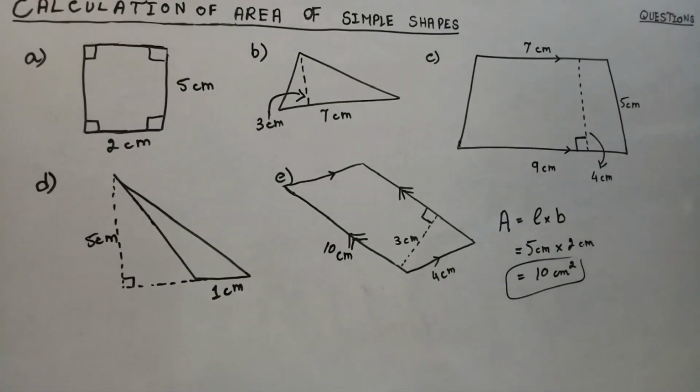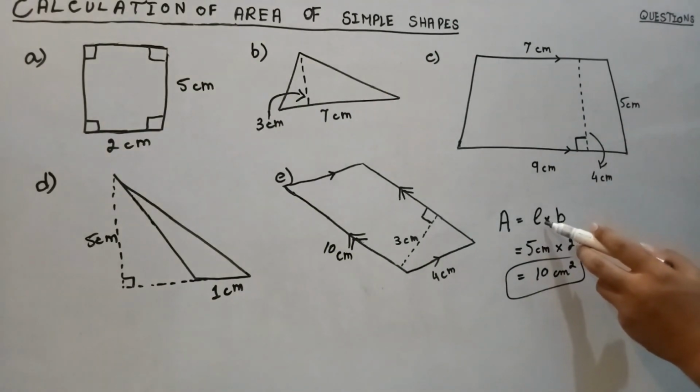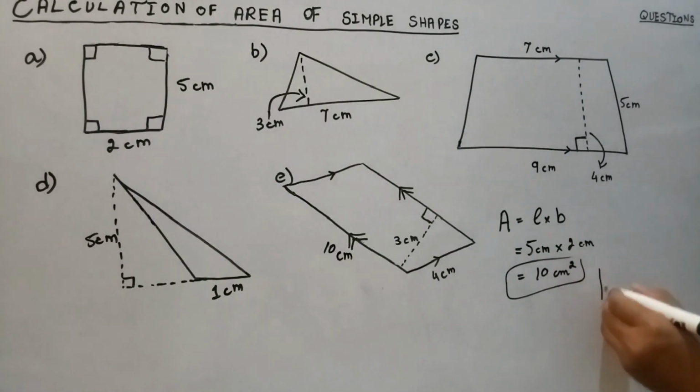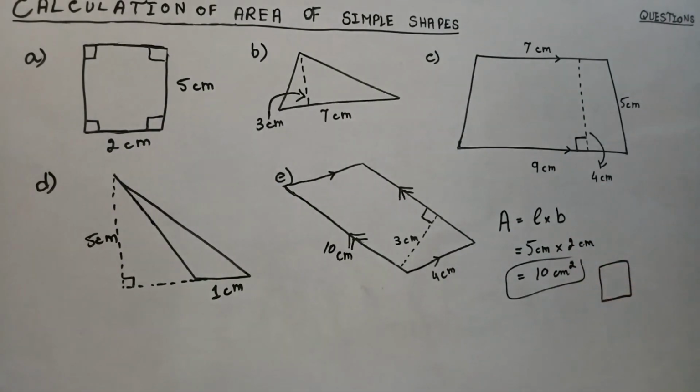Actually, a square has all sides the same. Let me draw it. Let's say this is a square, so if this one is the length and this one is the breadth, the area will be the same. Length is going to multiply with breadth, but